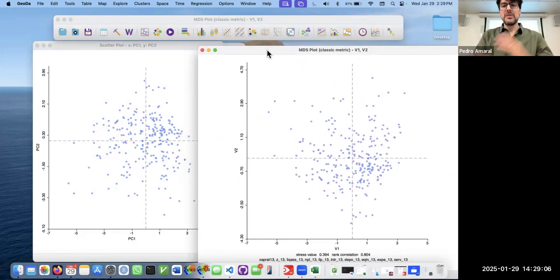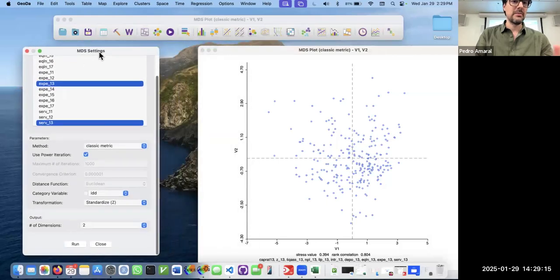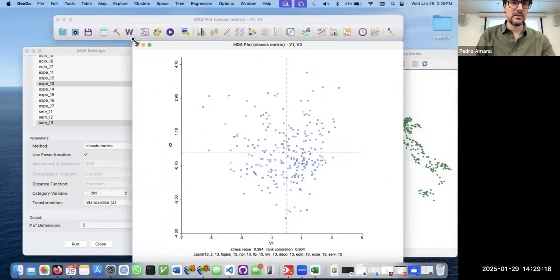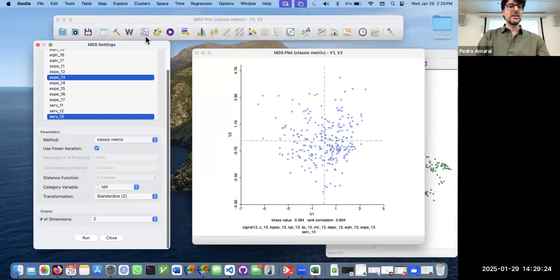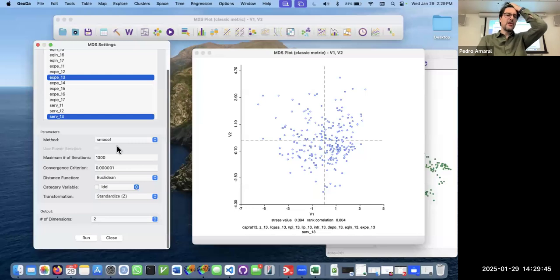Okay. So since we're talking about classic metrics and this Smacof and all of that, I'll just close everything about PCA, come back to the MDS window, and let's do it, right? So let's change from the classic metric to this Smacof. So the big gain that we get from using Smacof in comparison to the classic metric is that the Smacof will use a different scaling, right? So the whole idea will be to